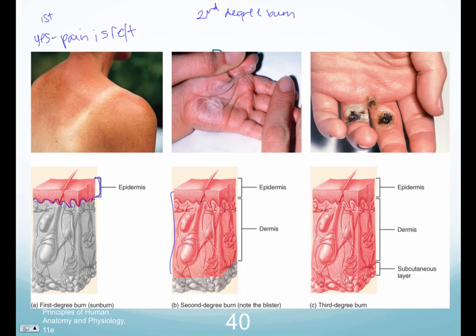And a 2nd-degree burn, do you feel pain? Good, you also feel pain. Yes. Pain is felt. We have deep pressure receptors in that reticular layer. We also have other pain receptors found through our dermis. Here, 3rd-degree burn,